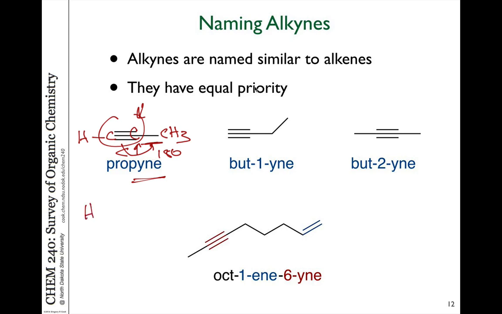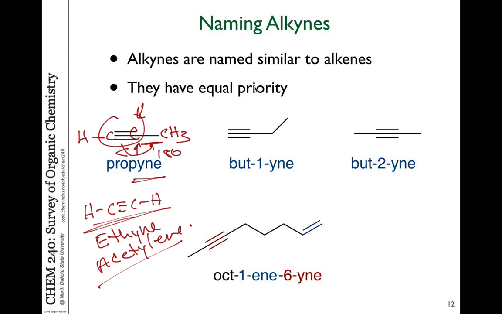The simplest of them is ethyne. That's the IUPAC name. However, this is the common molecule acetylene. You've heard of acetylene torches. Acetylene, this is what's burned because it burns very hot. So acetylene is a common name for ethyne. When your chain is long enough to be able to have different isomers for the position of the triple bond, then again we have to use numbers. So in this case, here's but-1-yne,